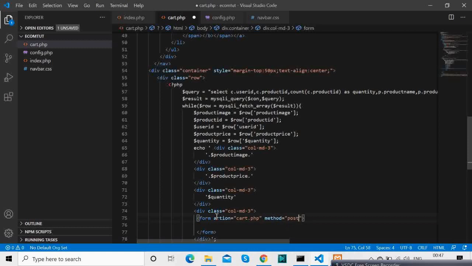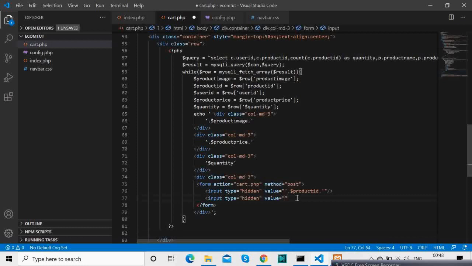It won't be displayed, but we'll be passing that product ID as a hidden variable, and also the user ID. And we have the submit button with a value of remove.